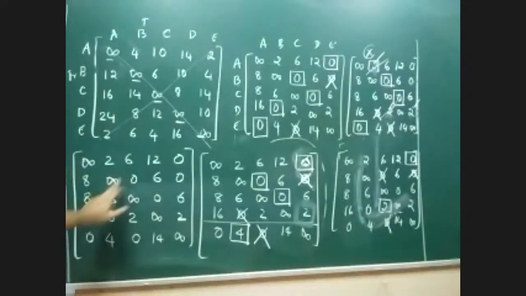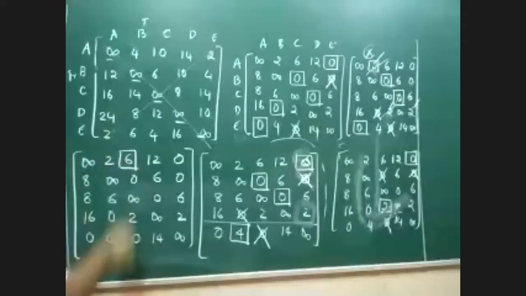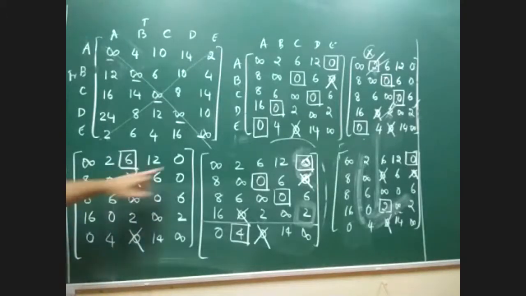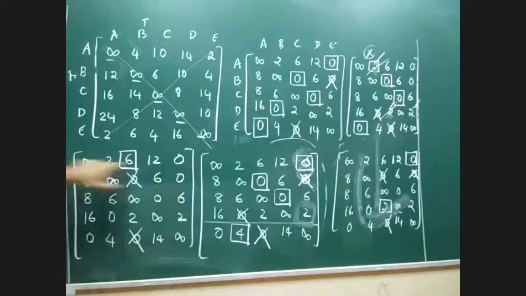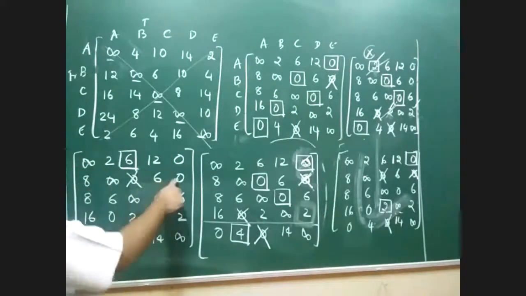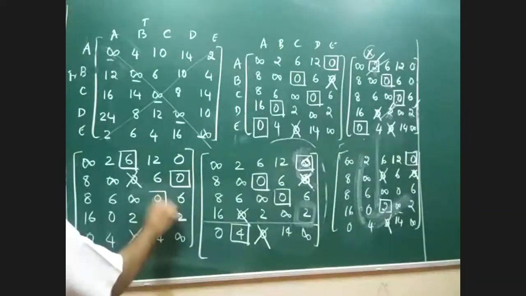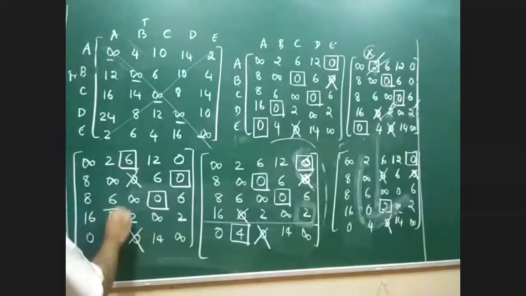Okay, the first row, 6. Because again there could be 4 possibilities. Let me start with this. So if I'm taking this 6, then the zeros of that particular column have to be blocked. I think it is perfectly blocked now. Now we'll go for single zeros. Here is a single zero already allocated, so don't worry about that. Then we have a single zero in the second row. So here I go. Then we have this single zero here, then a single zero here, and then a single zero here. Perfect.